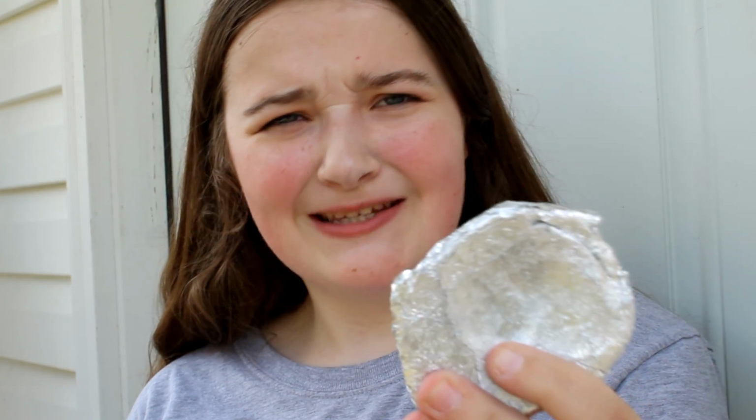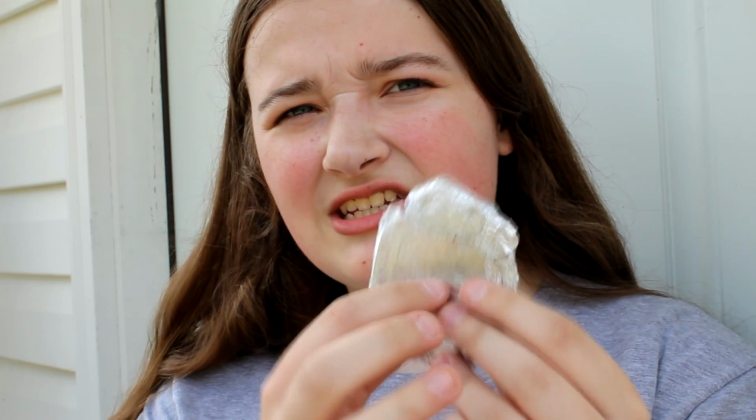So, my final thoughts on the mirror ball challenge. This is what I got. It certainly is not a mirror ball, but I can understand how some people got it to be a mirror ball. After you hammer it out for a little bit, it starts to get smoother and it starts to become reflective. Mine is just a sad